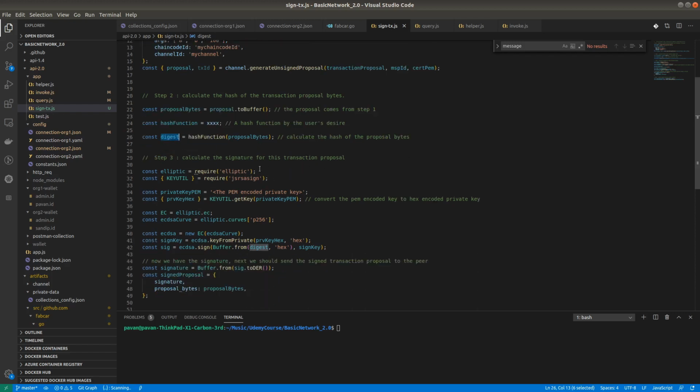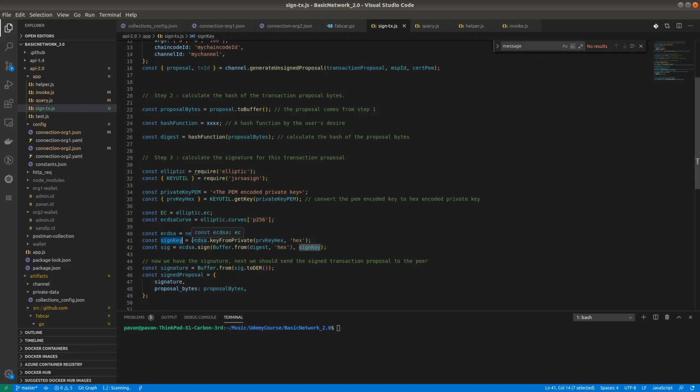After that we use some functions, like this one, private key. Again we will be using the private key for signing the transaction, creating the signature for this proposal. Here they are converting the PEM decoded key to the hex decoded private key. This function you can see here, and finally at line number 41, the sign key.